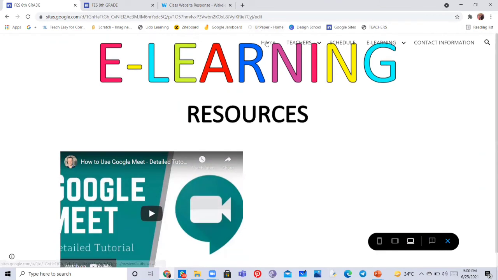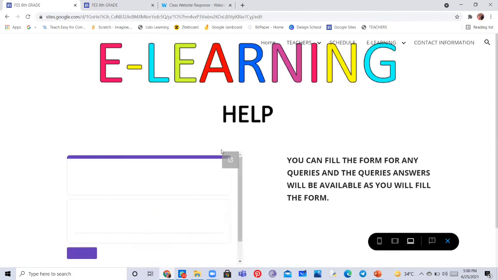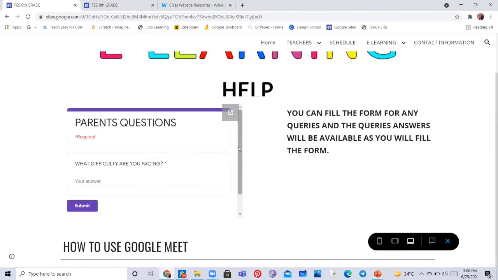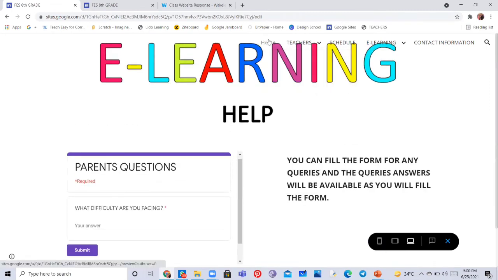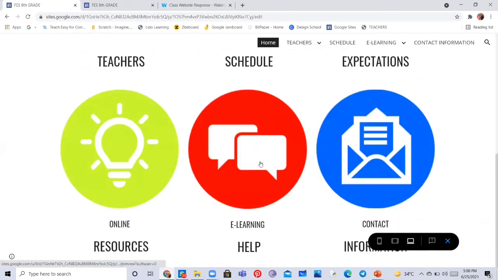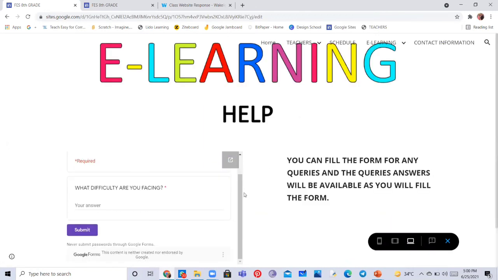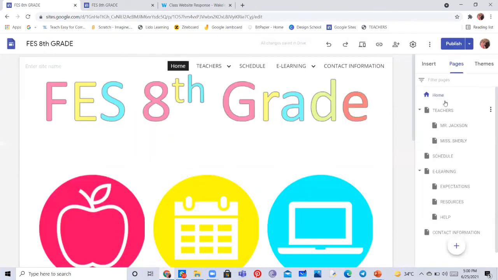So you can get an idea of what we should add in a class website. You may also customize it in your own way. If students are using a mobile or tablet, it won't be full, only the banner will be cut off, but everything else would be clearly visible. So that's not the kind of issue which will create a lot of problems. But if you do not want that in your class website, you can choose an image from the gallery of Google Sites if you would like. I hope everyone would have got an idea about Google Sites.